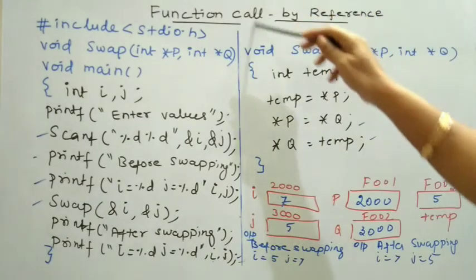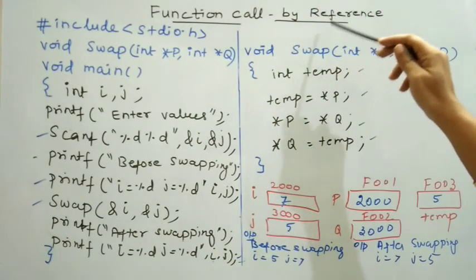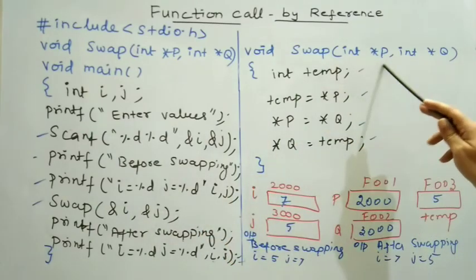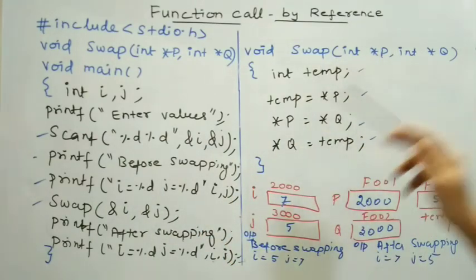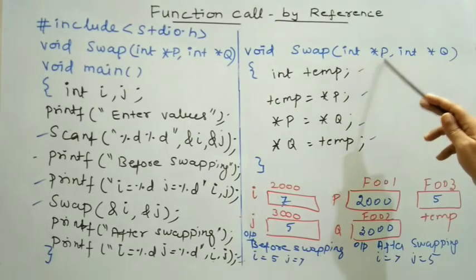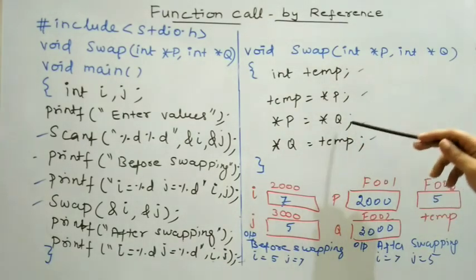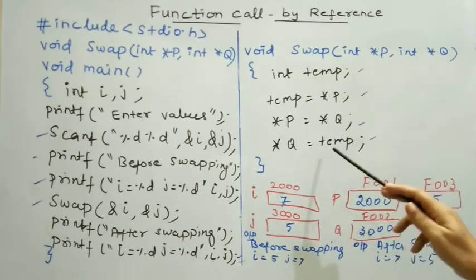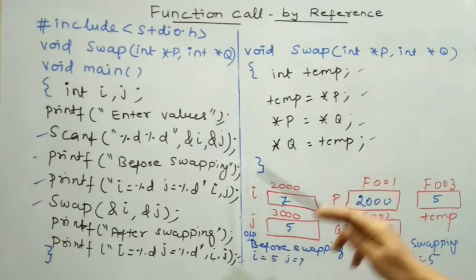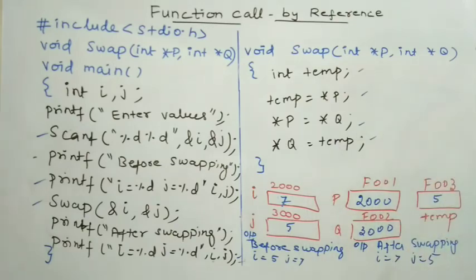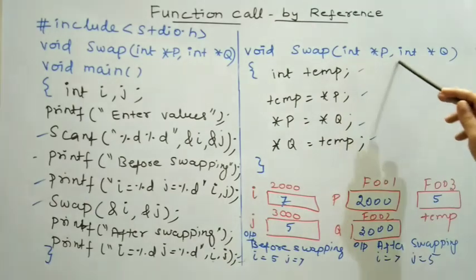Okay. The advantage of using call by reference is, when I call the function, instead of passing values to this function parameter, I am passing memory addresses to the function parameter. So when I change the content inside the memory address, even after coming out of this function, I may retain the changes whatever I have made inside this function swap, since I am passing the memory references instead of passing the values.